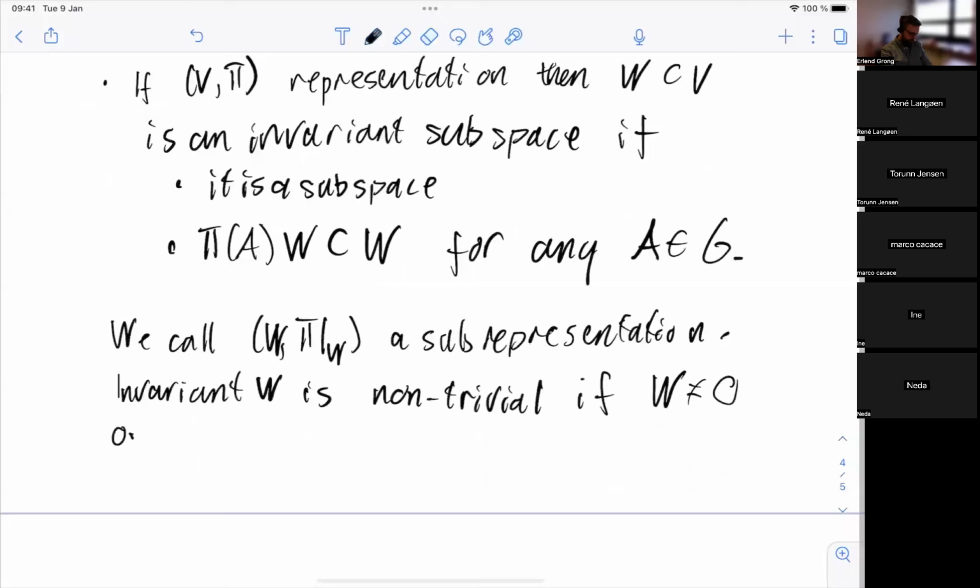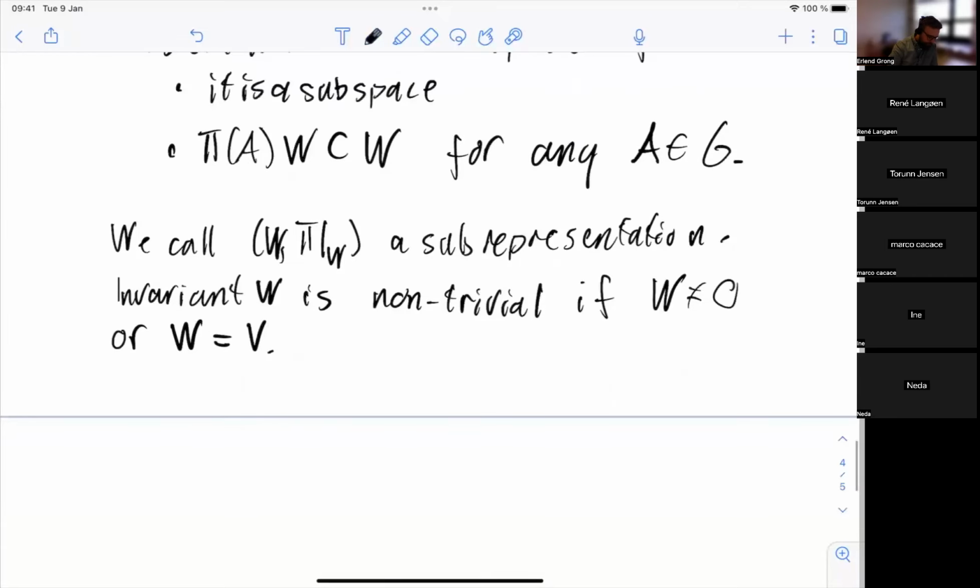Or W equal to V. So the whole space is, of course, also invariant. So these are invariant subspaces for every vector space. So we need to disregard those, and then we say